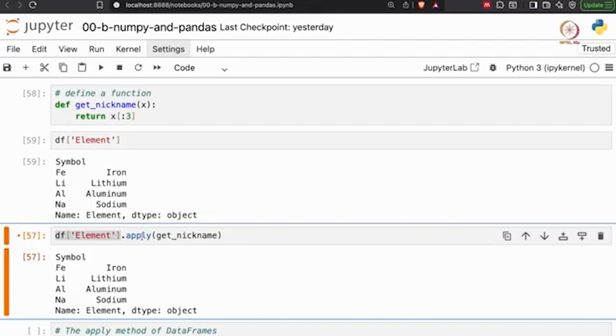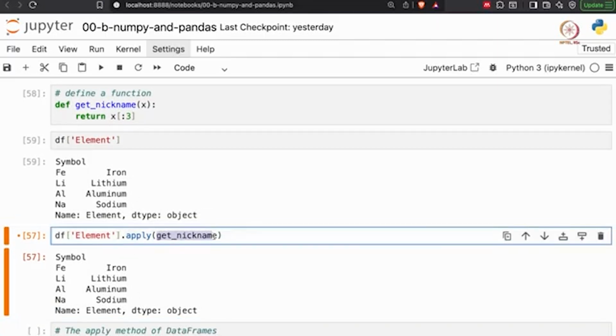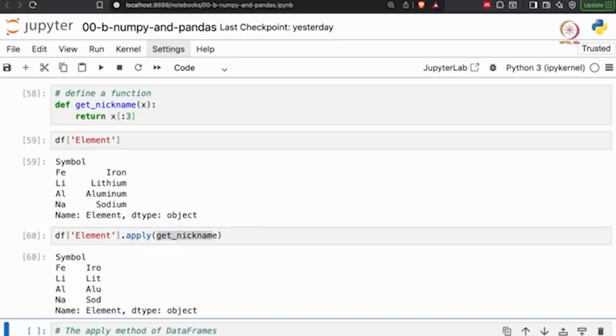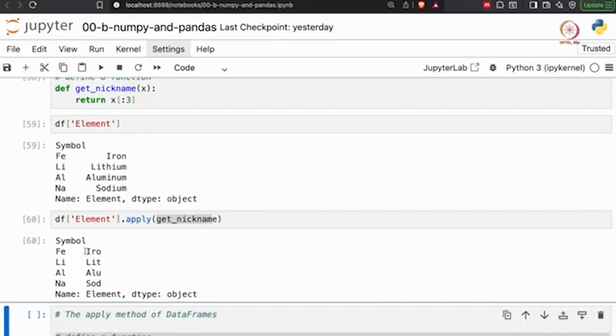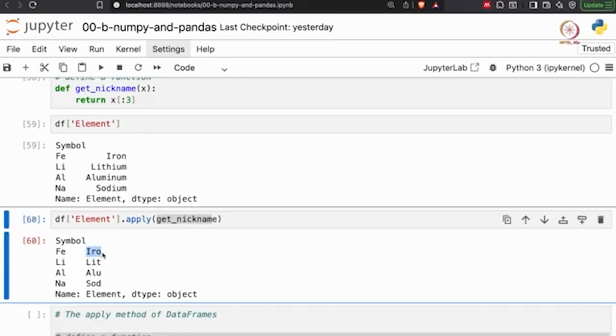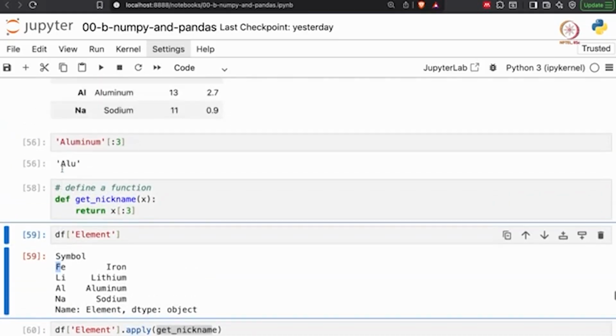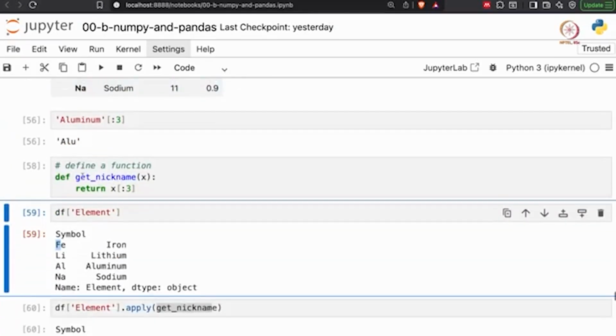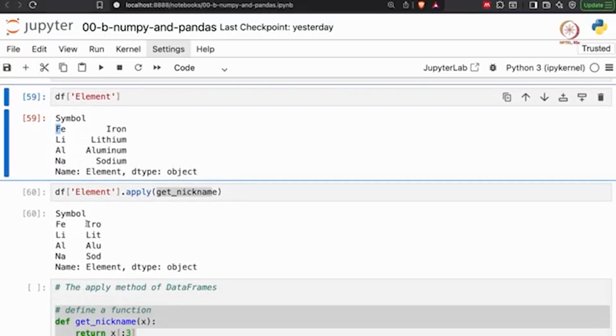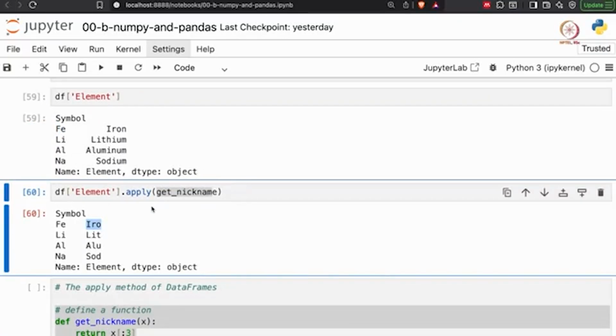If we use the dot apply method and pass this function getNickname and run this, it returns another series where all the elements of the series are basically the return value of our function that we have provided, and that happens element wise in the series. So the indices are as set in the data frame, Fe, Li, Al, etc. So the first element was iron, so getNickname takes iron, returns IRO, and that is the first element in the